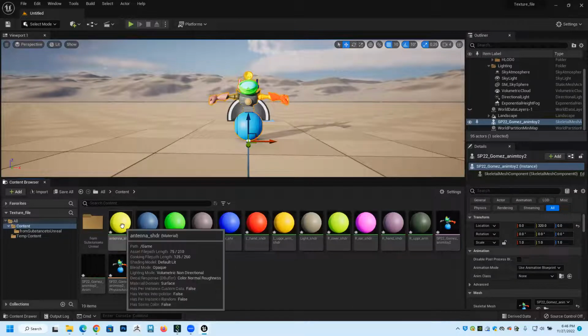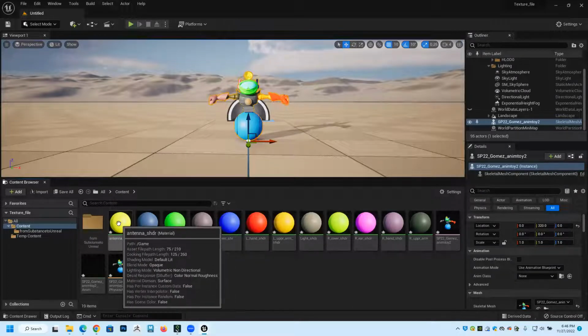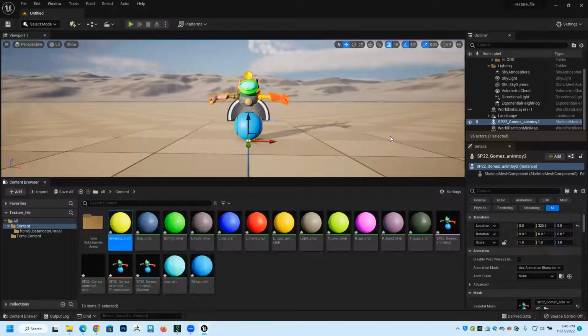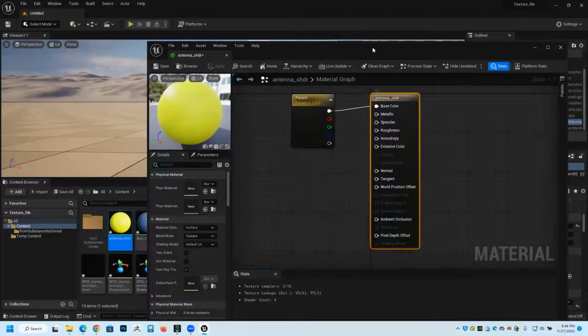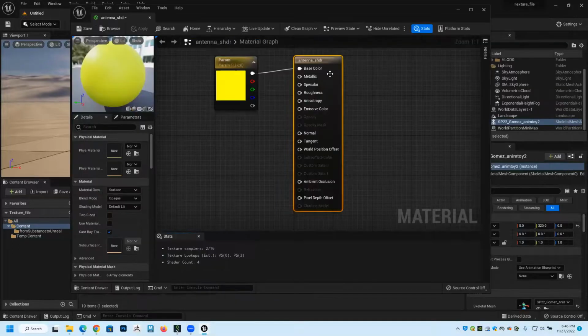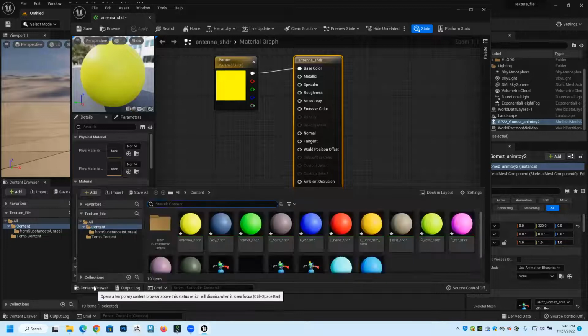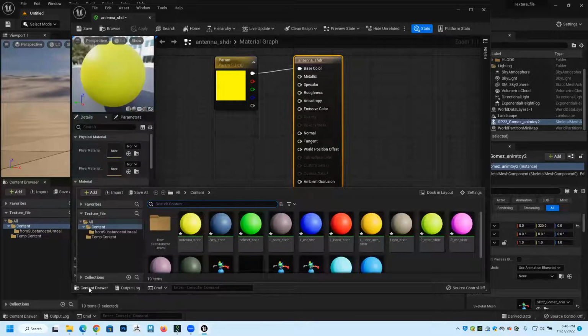Let me go and grab... I'm going to start by editing the shader for the antenna. So I'm going to double click on that shader, and that will launch a window that has the connections for that shader. Right now, the antenna has simply a color match that follows what Maya had there. You can see your content drawer here again. It's the same one as that one, so this might make it easier for you to grab the textures from